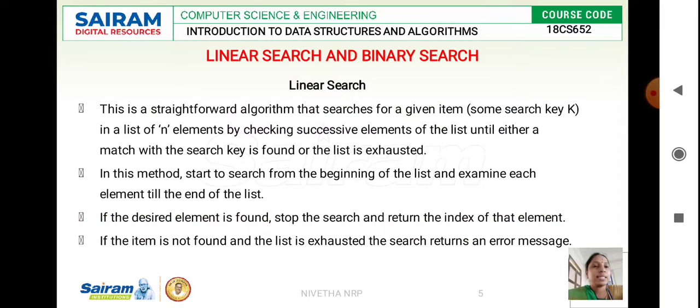First, we'll start with linear search. This is a straightforward searching algorithm. The concept is that it starts searching from the first element in the list, and it continues until it finds the element in the list. The data we store in the database will be stored under some data structure. Here we are considering the list.